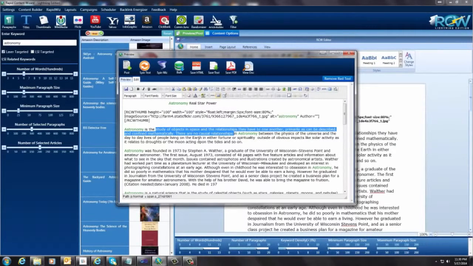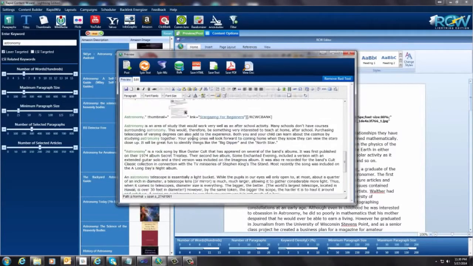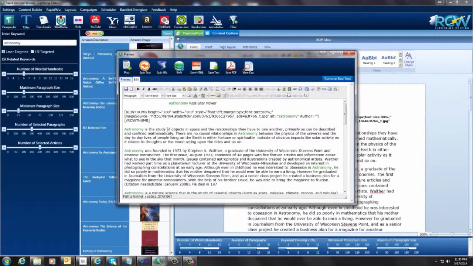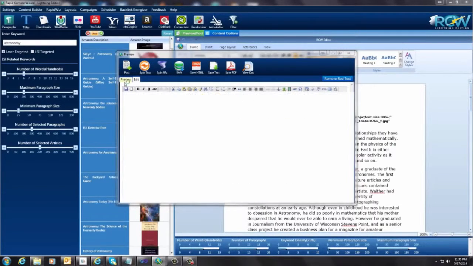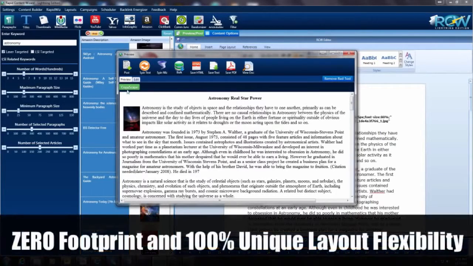I don't expect anybody to understand HTML. That's not necessary for this. But in here, you can edit the HTML if you like to. But if you don't, if you like the way it is, you can just come over here to preview. And this is your article, and this is it here.